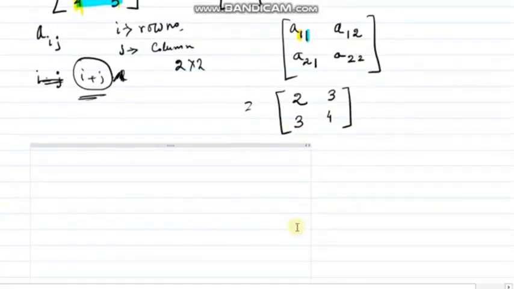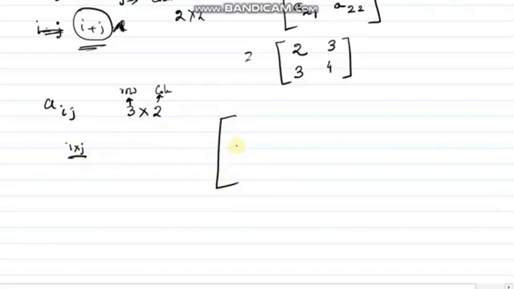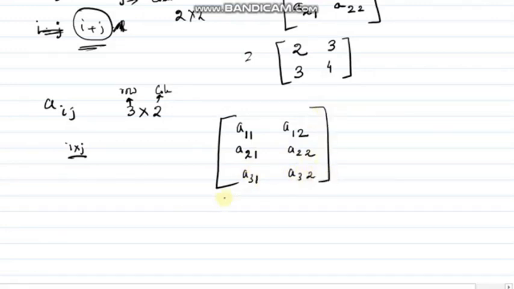If I show you one more example of how to form matrices, suppose you have to form Aij, where the size will be 3 by 2. 3 by 2 means this is my row number and this is my column number, and the operation will be I into J, right? So first I write the matrix positions: first row, first column, first row, second column. How many columns do I need? I need 2 columns only. So second row, first column, second row, second column, third row, first column, and third row, second column. I have done all the rows and columns, right?